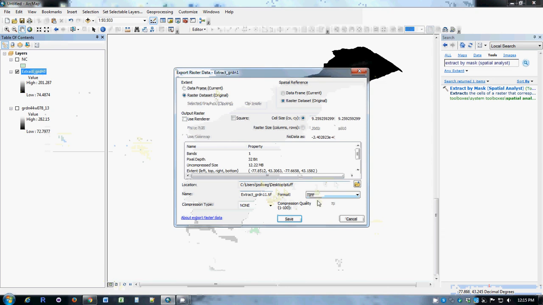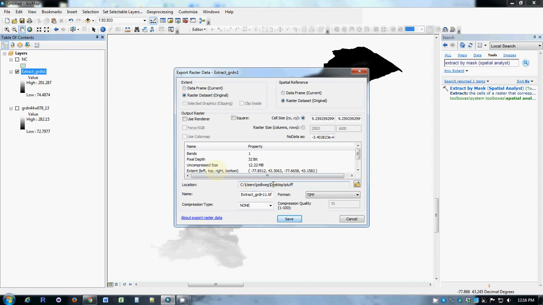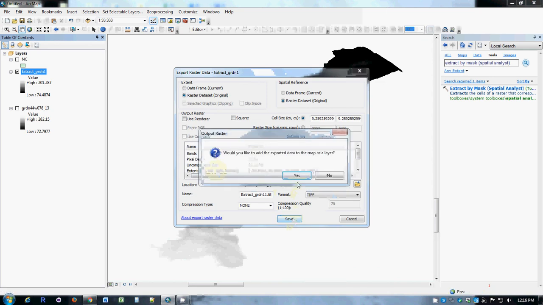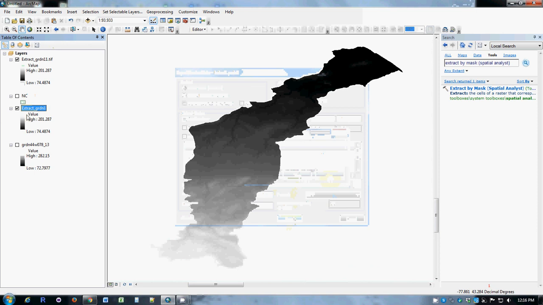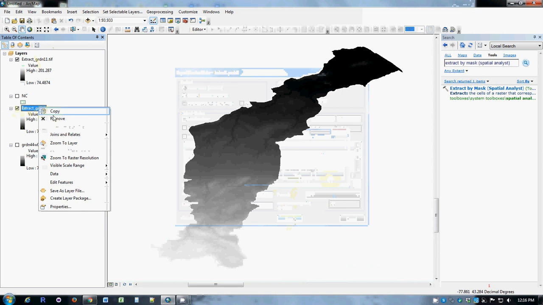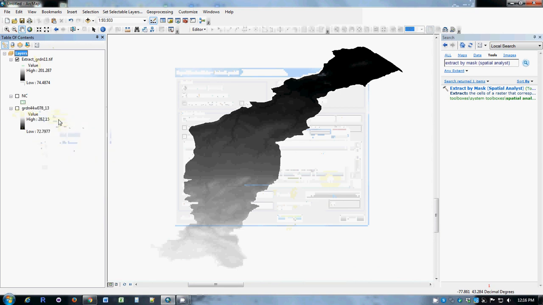I'm going to use the default format here. There's a lot of choices and a lot of different things going on, but by far the easiest thing to do is to save it as a geotiff, and it does find the location I've been using for previous examples. It did remember that, but I can specify something, ask for save, and say OK. And now I have another copy with a bad name, but we will ignore that for a moment. That can be changed. So now I do have this data layer, and that's actually the harder part of this lab,